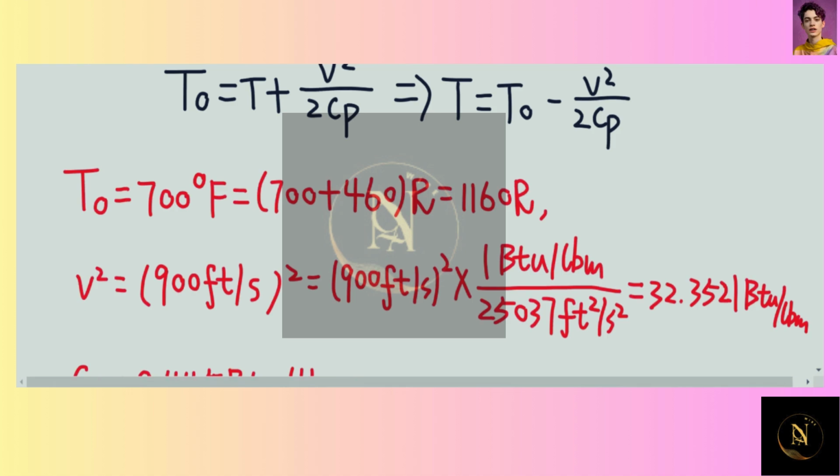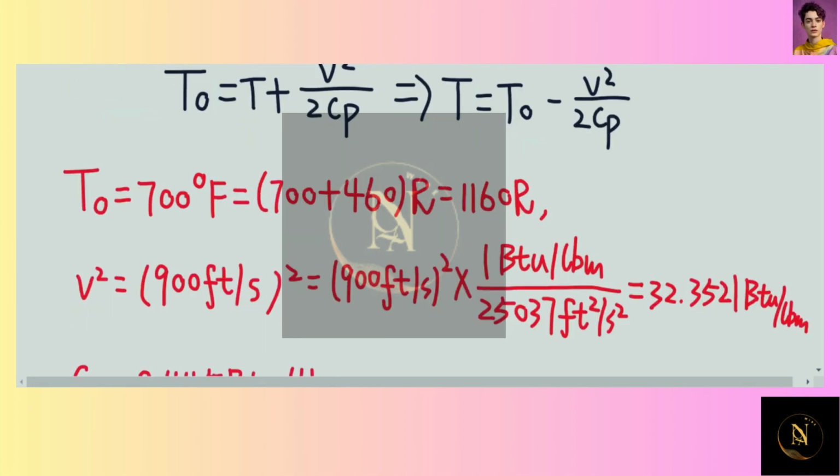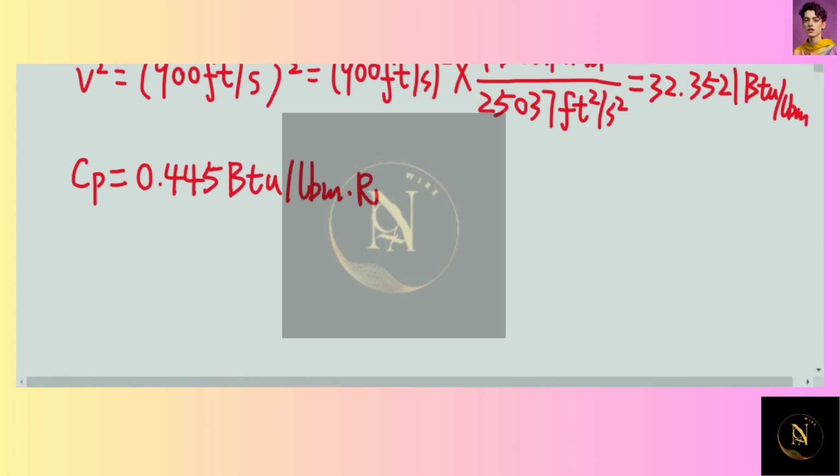And then we know the specific heat for the steam is about 0.445 British thermal units per pound mass times Rankine. If you take a look at the table A2E, which is the ideal gas specific heat of various common gases. And then we can just plug these values back into the equation to determine the static temperature. So the static temperature, which is T here, can be equal to